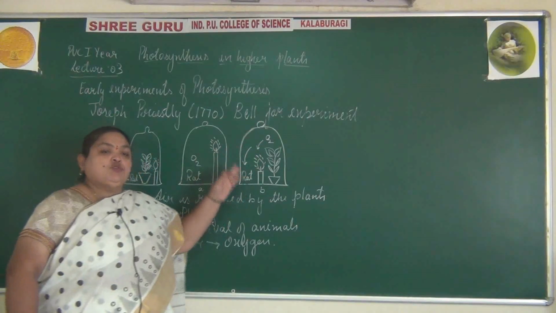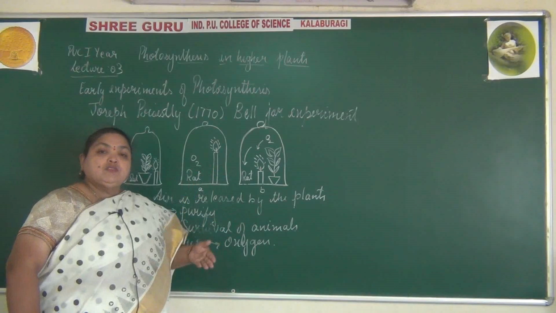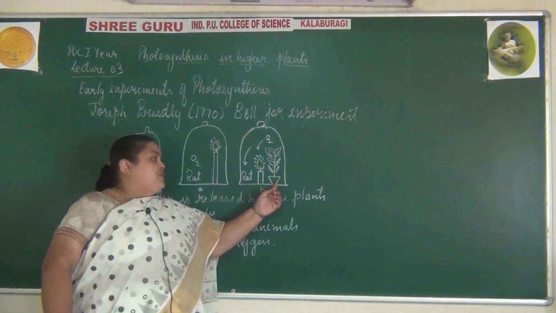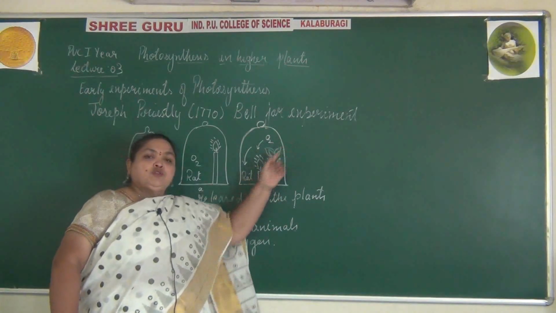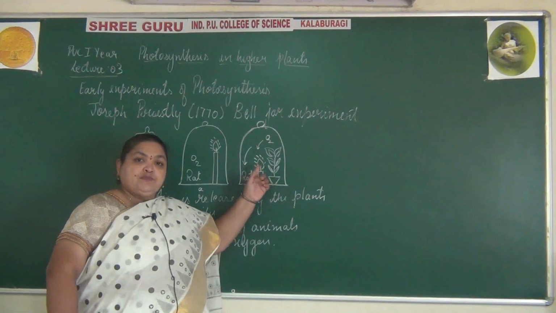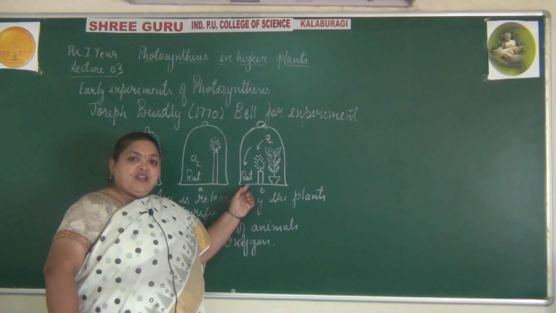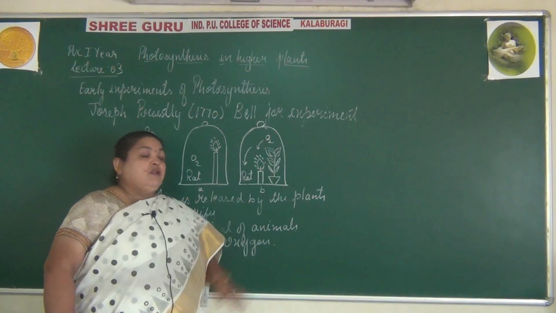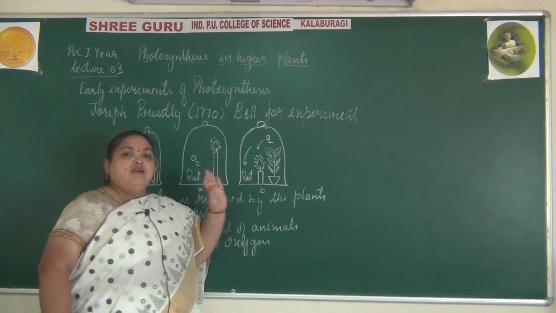This oxygen is used by the animals for breathing, and that release of oxygen is because of the process of photosynthesis. Here there was a source of light, and chlorophyll is present in the leaves. The rats, through respiration, release carbon dioxide. The carbon dioxide was being absorbed by the plants, which released the air.